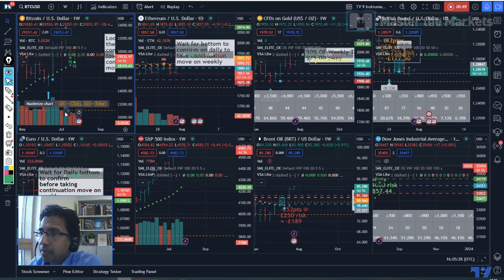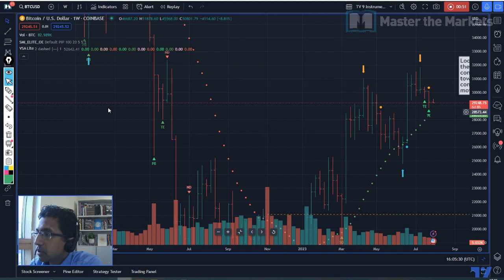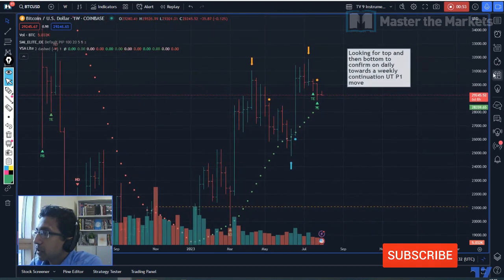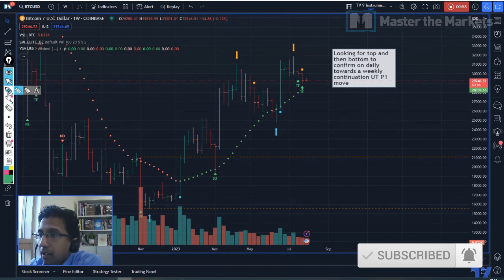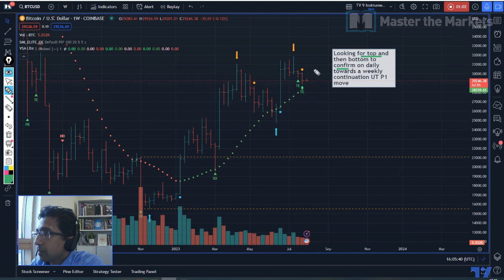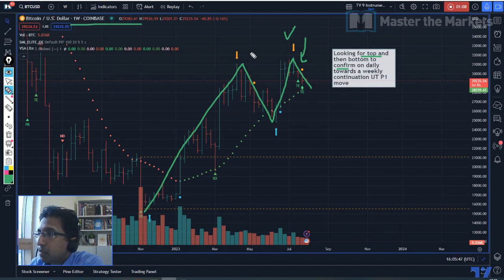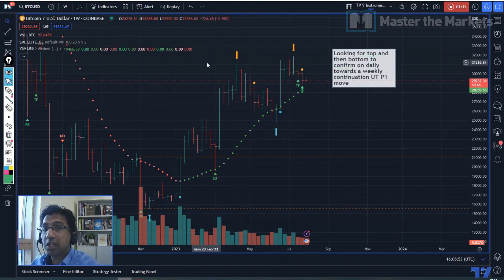In terms of Bitcoin, what I can see, let me just take a look. Bitcoin, what do we have, the updates from last week? We are looking for the top and then bottom to confirm. So we got a top confirmation, which is a tick. This is an uptrend on a weekly time frame because we got our quantification from the smart money indicator, which we have developed here at Master the Markets, which lets us know how much move is left, otherwise known as